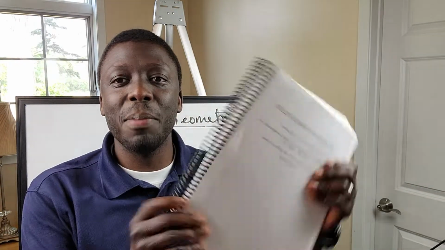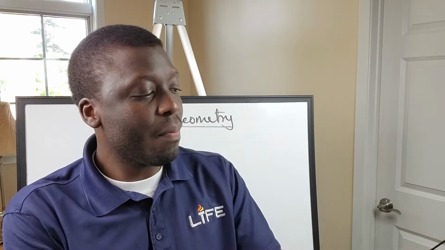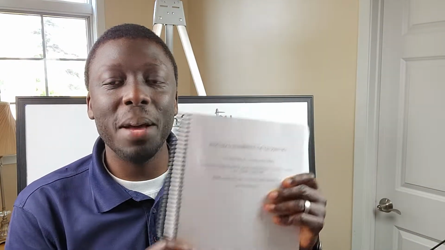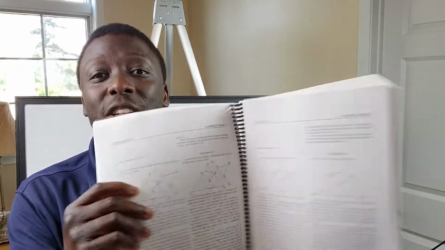Before we get started, let me mention this book right here, Elements of Geometry, by a man named Euclid. This book was written about 300 years before Jesus Christ, okay? 300 years before Jesus came to earth, 300 BC. And what's interesting is that in this book, you will see they have the Greek version, because Euclid's background was Greek. You have Greek and English side by side.